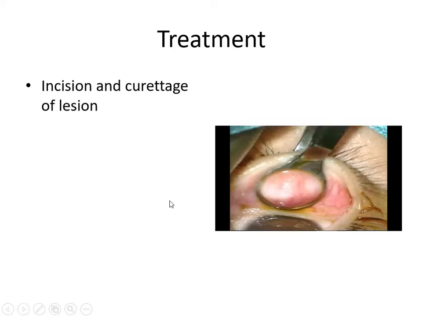So these are the common questions which are asked. How will you apply the chalazion clamp? And then on the conjunctival side, how will you give the incision? The incision will always be vertical on the conjunctival side. Why? Because you will be cutting only one meibomian gland and injuring only one vessel. If you carefully see the picture here, you can see the radial vessels. If you give a vertical incision, you will be injuring one vessel. If you give a horizontal incision, unnecessarily you will be opening up many vessels and there will be much bleeding.